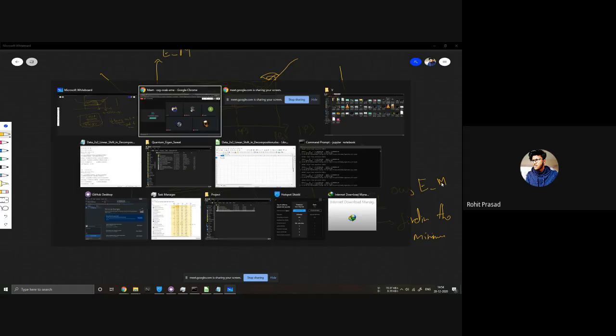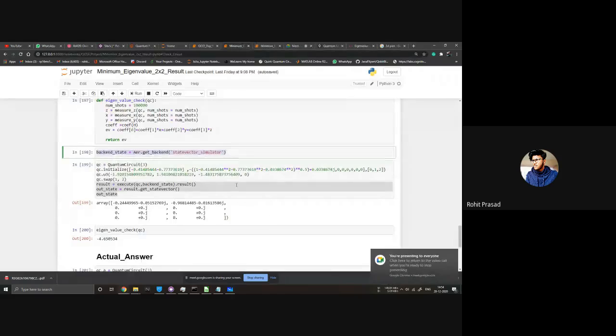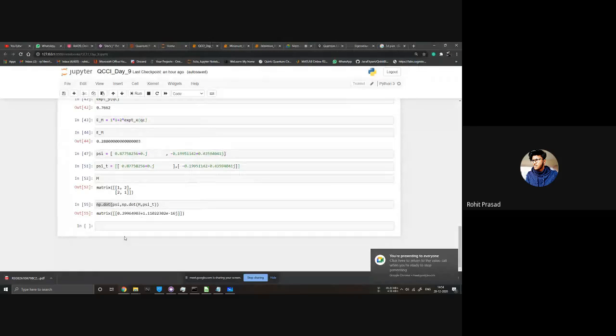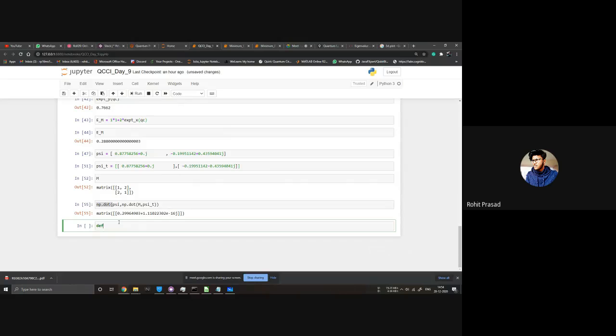So let's first make a definition that gives us our minimum value. Let's call it E underscore M, and we put our QC in.